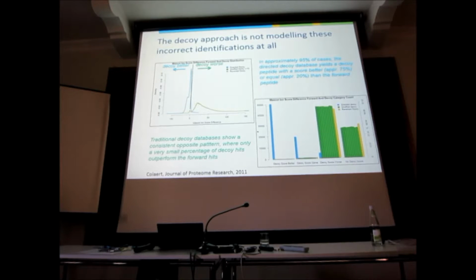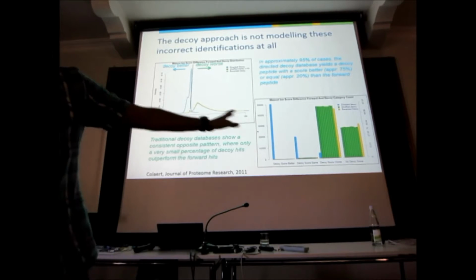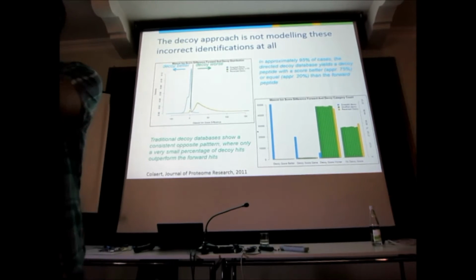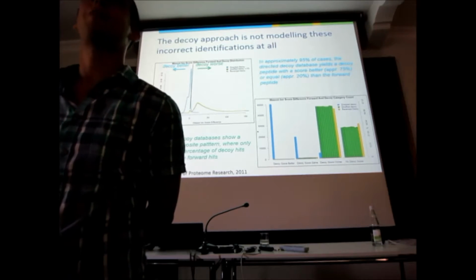This is exactly what you expect. When you look at our Photoshop peptides, nearly all of them give a better hit than the original one. And it's very dramatic. In 95% of cases, you get an imitator peptide that actually gets a better score or equal score than the forward. And 75% get a better score and 20% get an equal score. This means that if you give me any of your data sets, any one you please, and you give me a little bit of time to create imitators, I will give you back your data set and I will say for 95% of your identifications, I have an equal or better match.